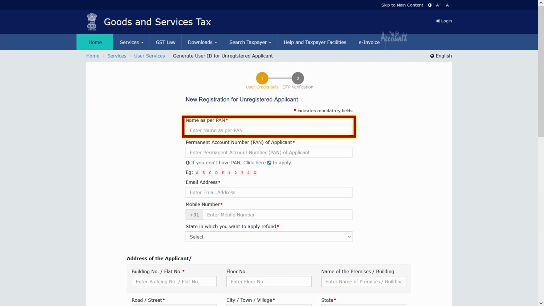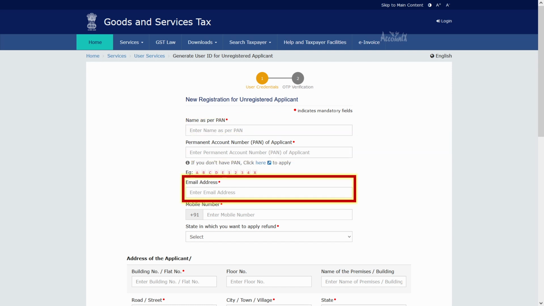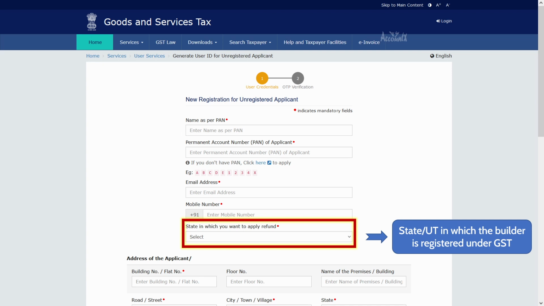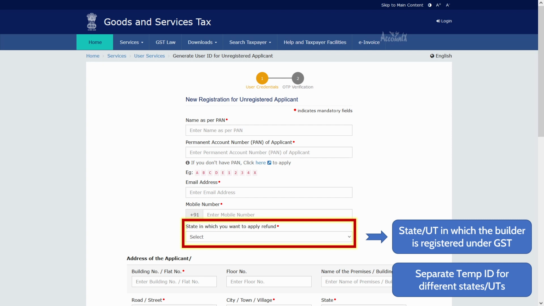Enter your name as per PAN. Enter your PAN, your email address, mobile phone number, and select the state in which you want to apply refund. This is basically the state or union territory in which the builder is registered under GST. This user ID is state specific, so if you have invoices from multiple states, then multiple user IDs have to